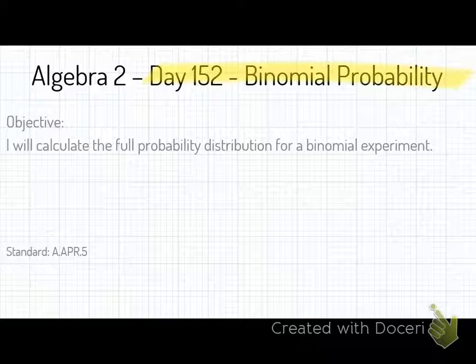Another thing that we could look at are when we take tests. Let's say you start guessing. That's binomial probability. You could either get the answer right or you get the answer wrong. So if you have 5 bubbles on a multiple choice exam or test, and you guess, what's the chance or probability of you getting one of them right? 1 in 5, or how many? Excellent, 20%, that's right. What's the chances of you getting it wrong? 80, right? And what did you notice about 20 and 80? What did they add up to? 100, right? 100% of your opportunities or outcomes are everything that can happen, failures or successes.